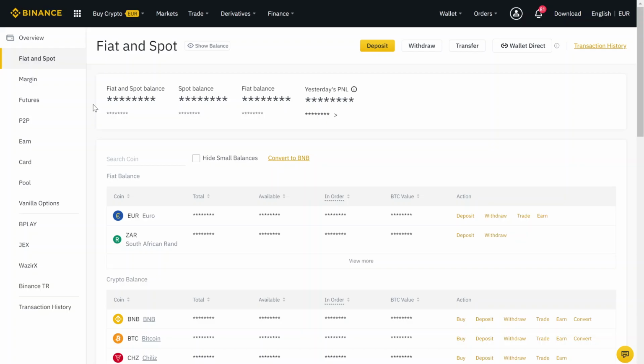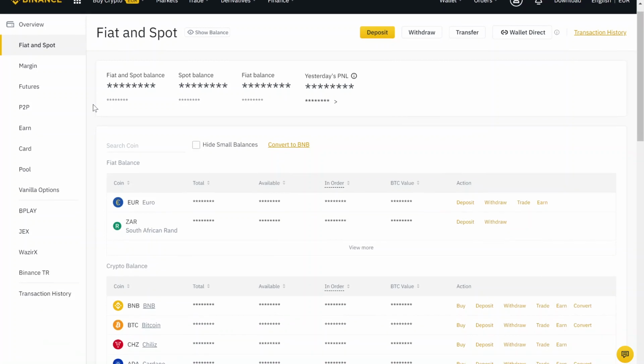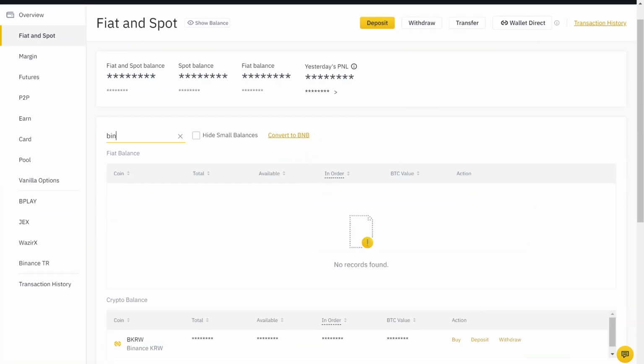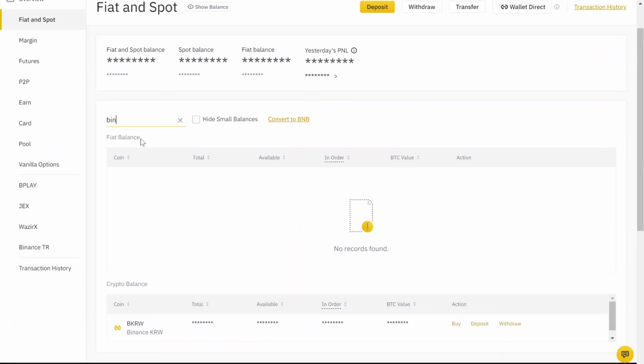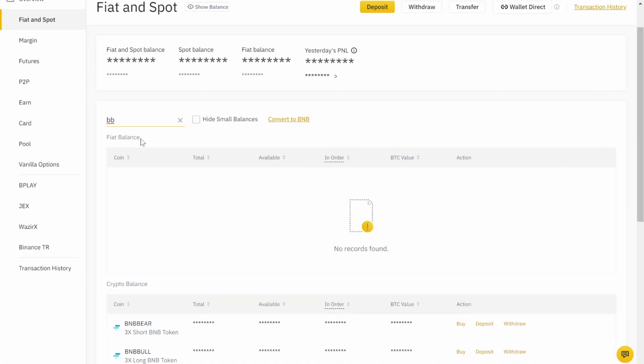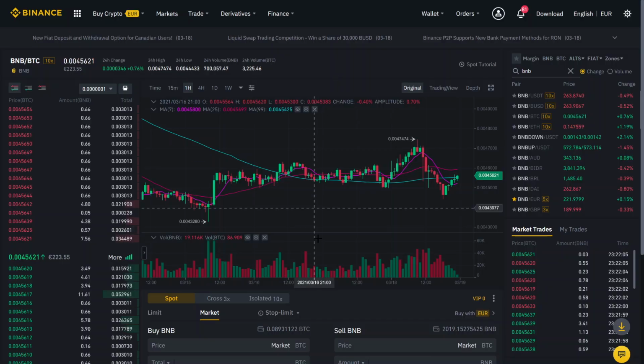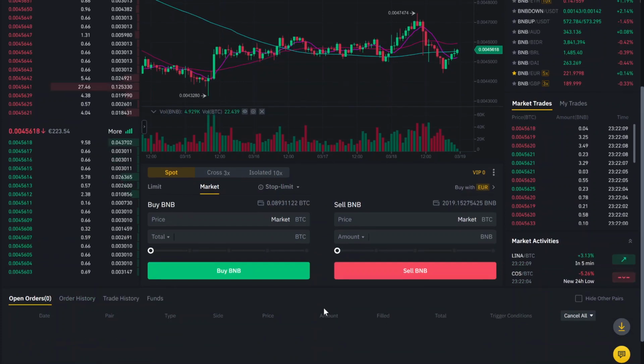After you go back into your spot wallet. Here you can now start buying Binance coin with Bitcoin. Therefore we just search for it. You have to search BNB to find it, and now you click here on trade. There you just click on BNB Bitcoin, and now you can use your Bitcoin to buy Binance coin by scrolling